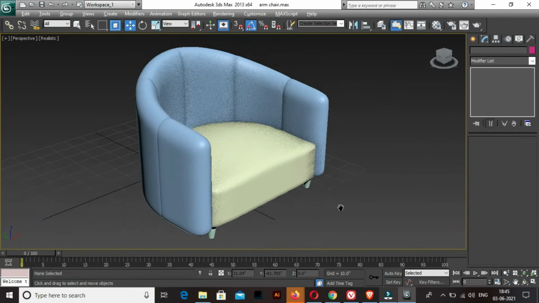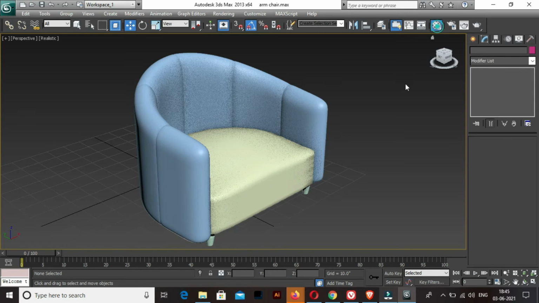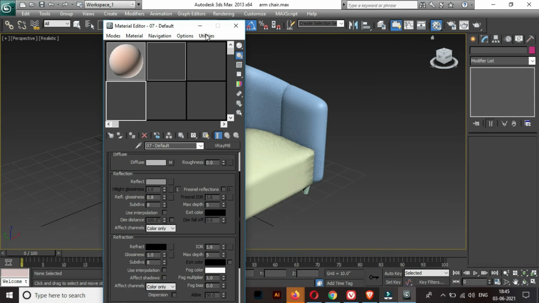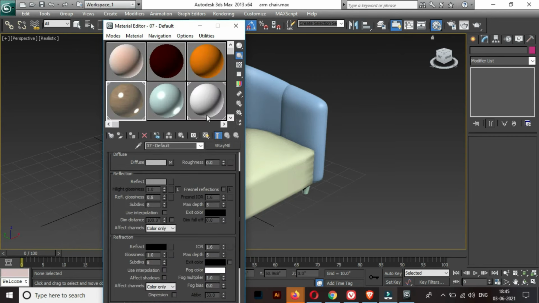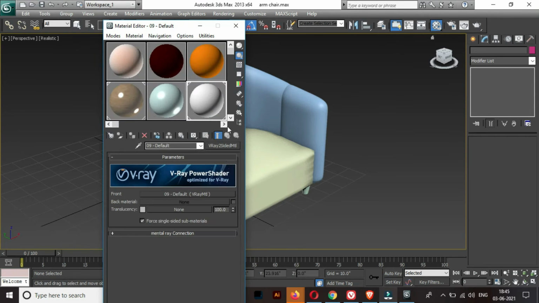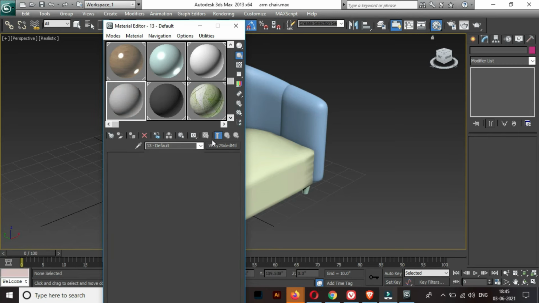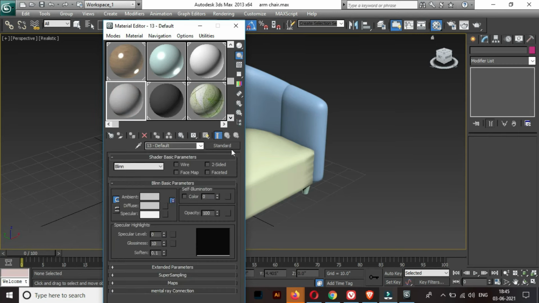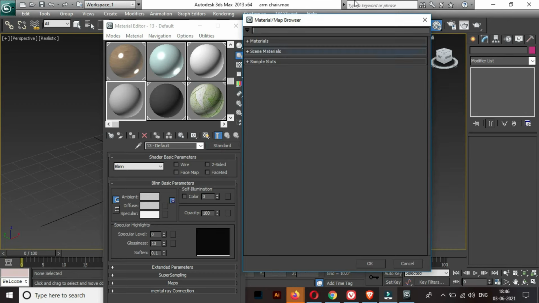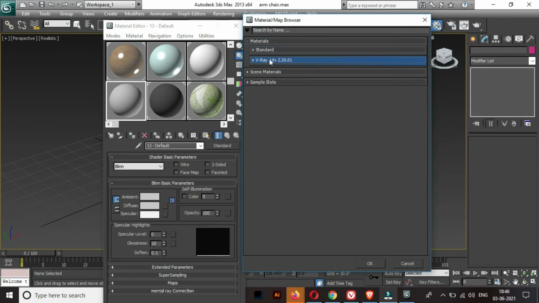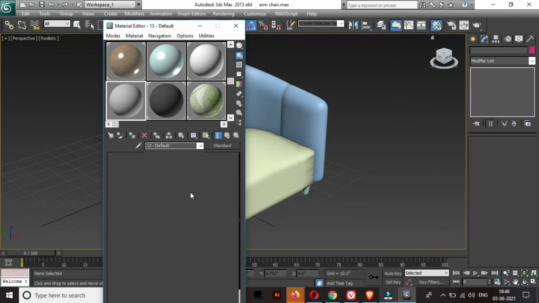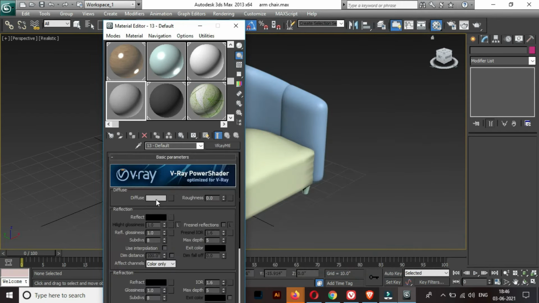This is done. So I'm just going to apply some material to this. So I'm going to apply grey material, and then maybe any color.